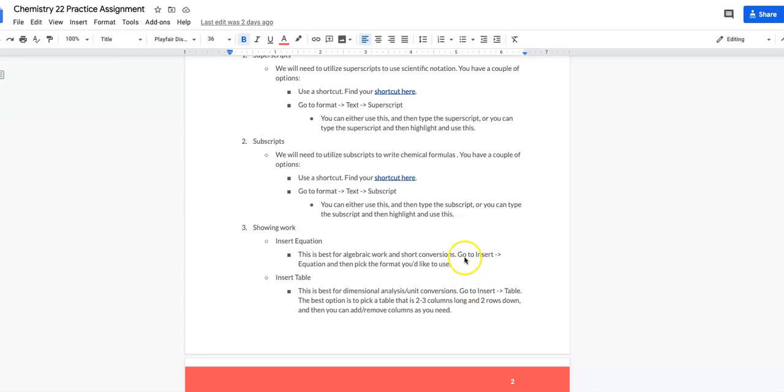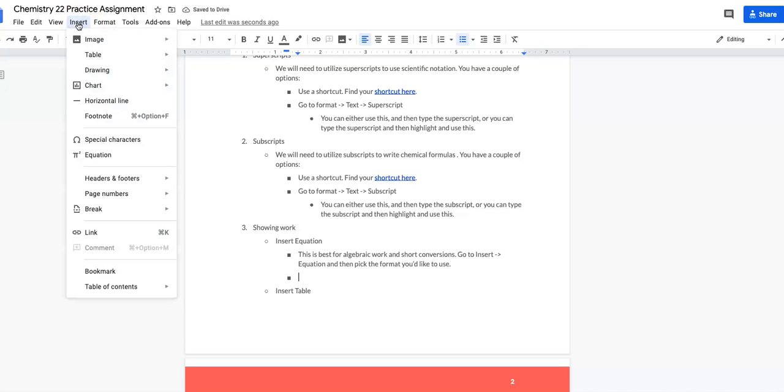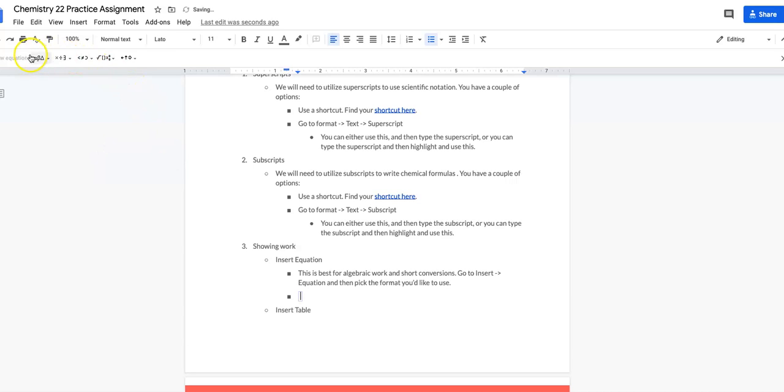All right, y'all, let's look at how to use an equation in Google Docs. So I'm just going to go into this practice assignment, and then I'm going to have fun with some equations. So I'm going to go to Insert, and then I'm going to click on Equation. And now up here I get these